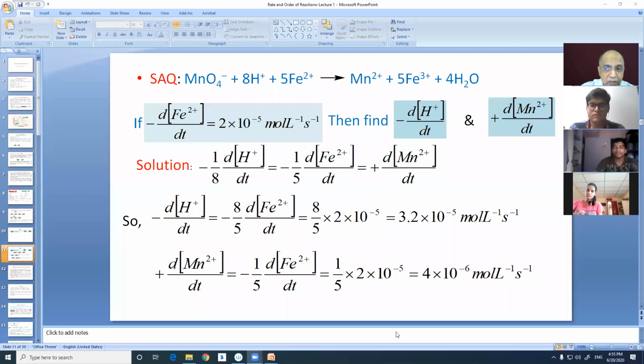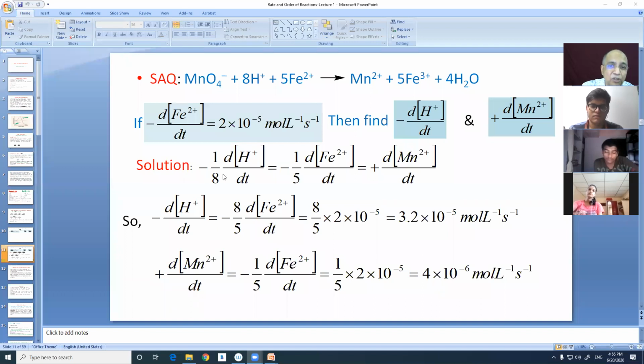Now have a look at the answer. What I did, I developed an equation involving H plus ion, Fe2 plus and Mn2 plus, ignoring the others, Fe3 plus and water, which are not required in this particular question. With respect to H plus, it is 1 by 8. So this coefficient will come to the denominator, and the minus sign will be there only to indicate it is disappearance